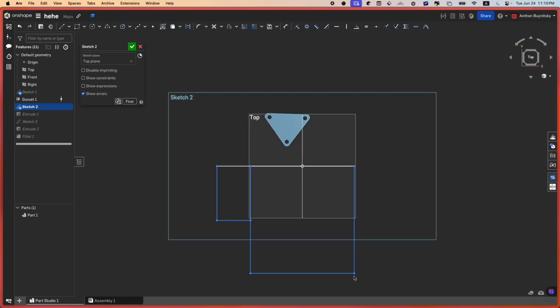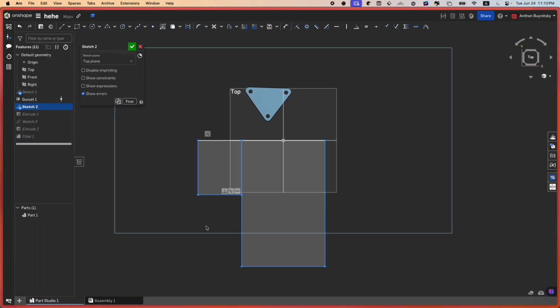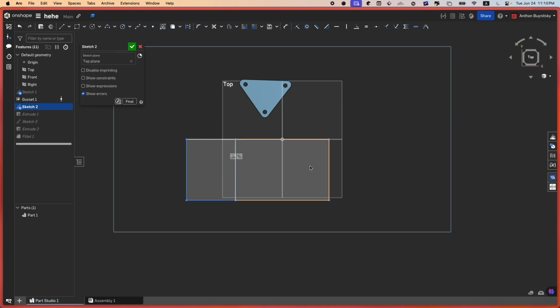The origin is probably going to be the first thing that coincidences. So yes, in your very first sketch, make sure that your features are coincidented. And then now what I would probably do is I can make this side and this side equal, right? I'm trying to use geometric constraints, and then I can dimension them to say 3 inches. And then